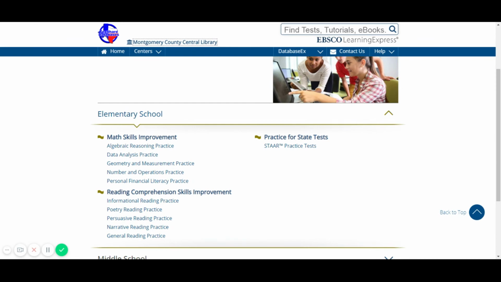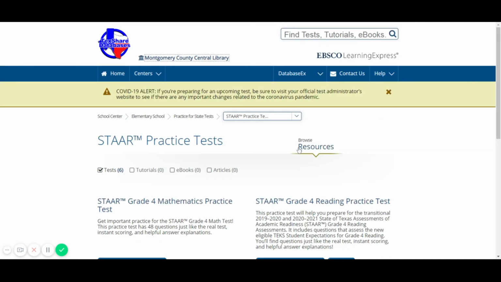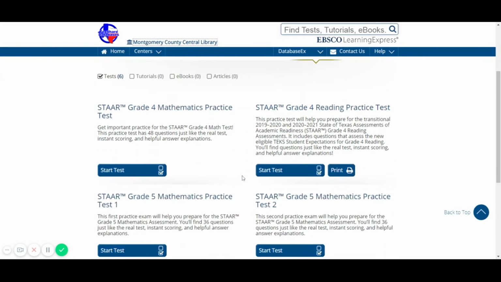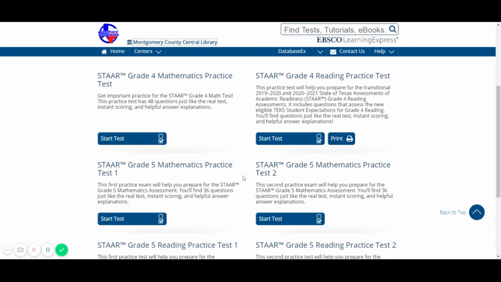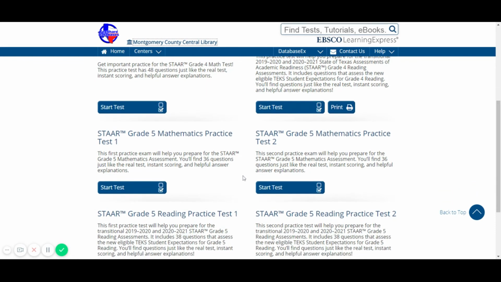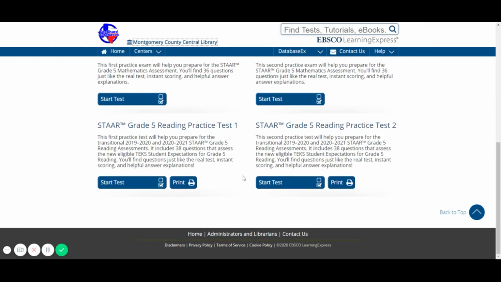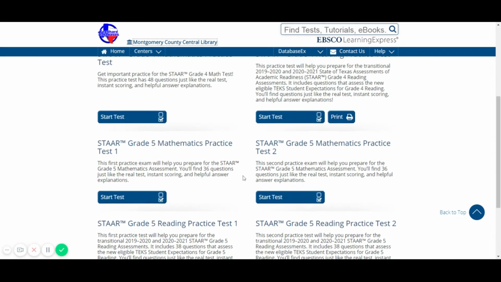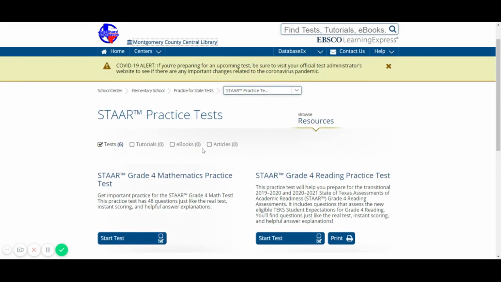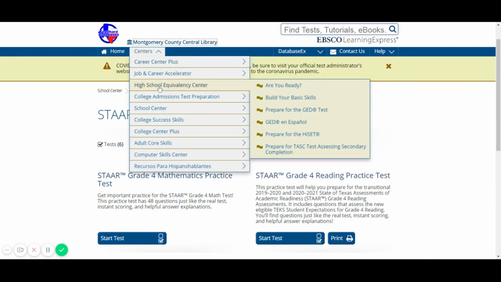You'll find multiple practice tests in each of these links. The same is true of the STAR practice test section. Here you can find reading and mathematics practice tests for the STAR tests for grades 4 and 5. Going back,